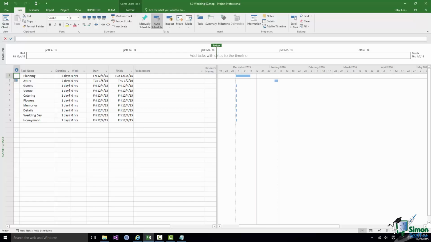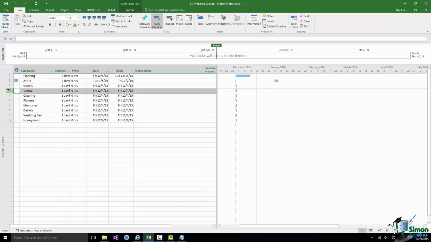So the task I'm going to break down is the guests task. Now, if I select the task underneath it, venue, and right click on venue and click on insert task, I get a new task above venue, and that is actually going to be one of my guests subtasks.